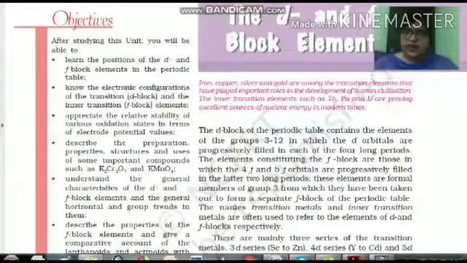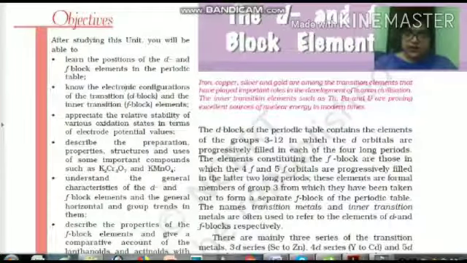That's why it is written. The names transition metals and inner transition metals are often used to refer to the elements of the D and F blocks. Now see children, there are mainly